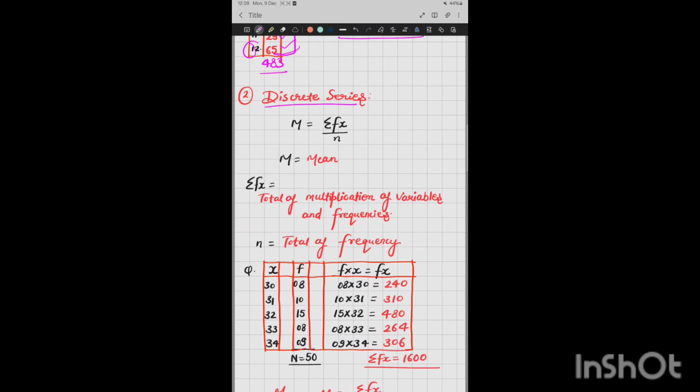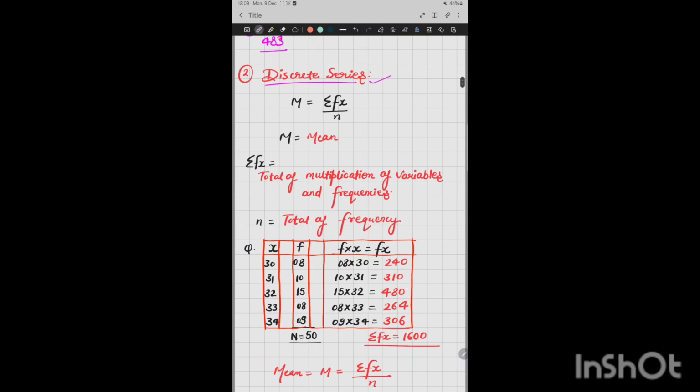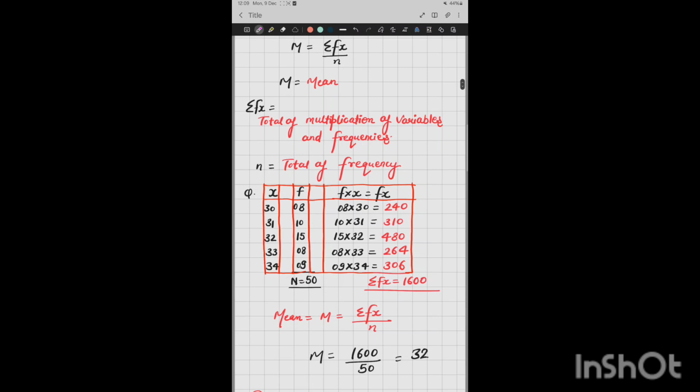Today I'll just do all the various kinds of questions that we do in mean, in the different series as well. So how do you identify a discrete series? That is the first and foremost question. Basically you have an x series, and at the same time you have frequencies, and always remember that the frequencies are always closely related to x. So if you are arranging something in ascending or descending order, which you will do in later questions, then you have to understand that the frequency will also go alongside that.